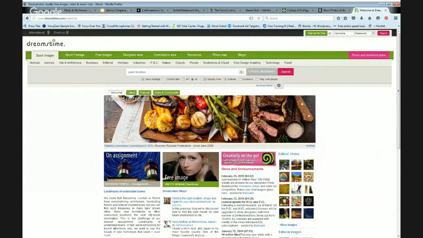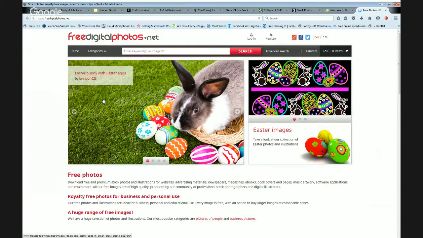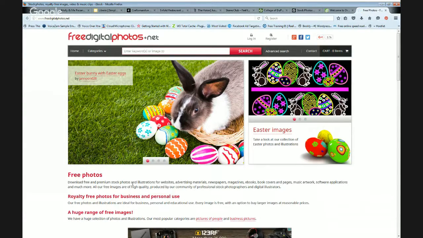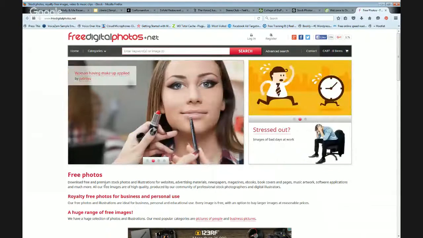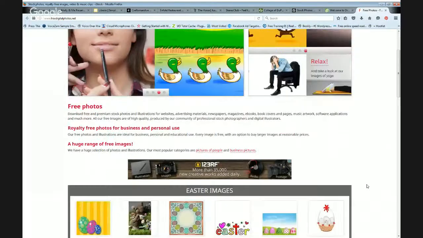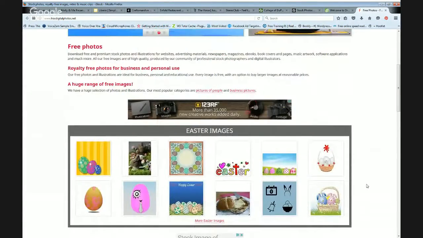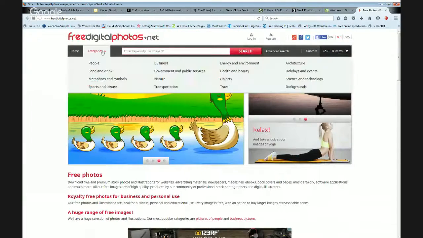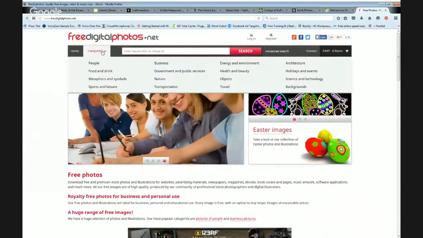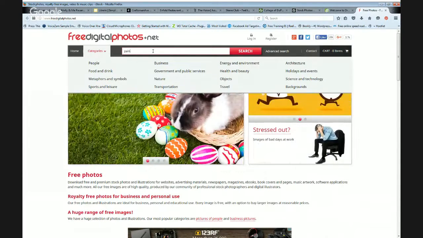Let's just go to one of these. Free Digital Photos. Free photos, download free and premium stock photos and illustrations. Free and premium. So it's called Free Digital, but they're not all free. So you have to be careful about how you search here. And I'm not even sure how you know for sure when you're getting free. So if I put paintbrushes and search,